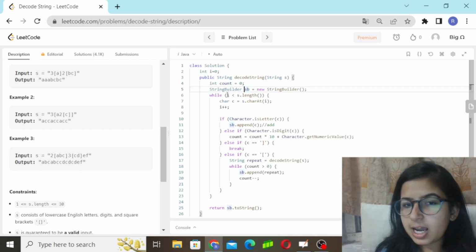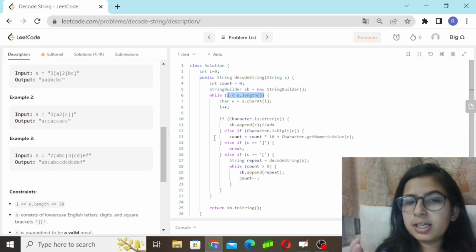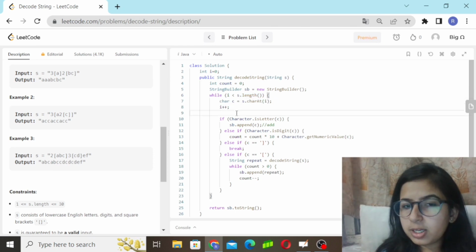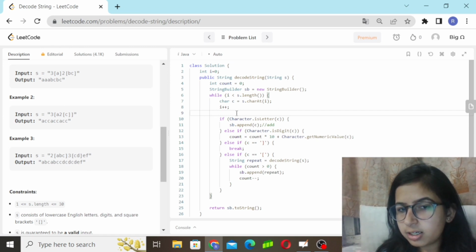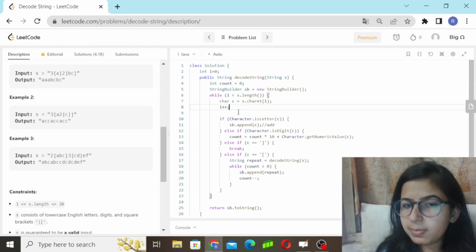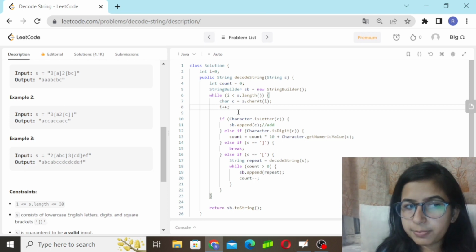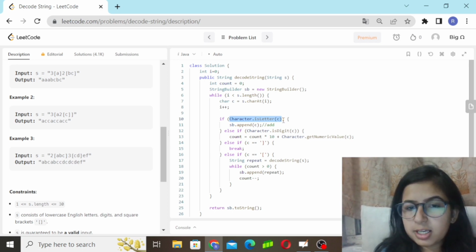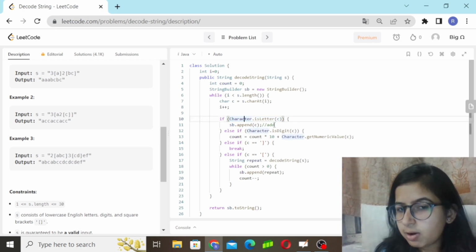After that, while i is less than s.length, I want to traverse the string till its length. So char c equals s.charAt(i). In the string, you want to find a single character. For that reason, I have written this line, with i++ after it, because if you traverse the first letter of a string, you then want to increment the value to traverse the whole string. That's why I'm using i++. And here it is Character.isLetter(c), meaning if you have traversed the character and it is found to be a letter,